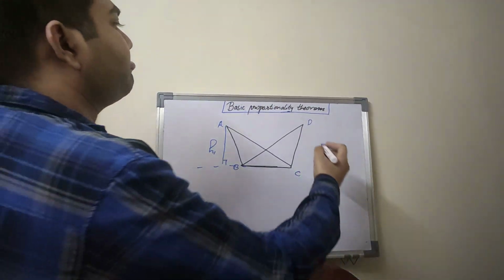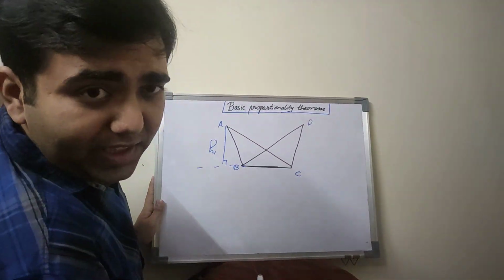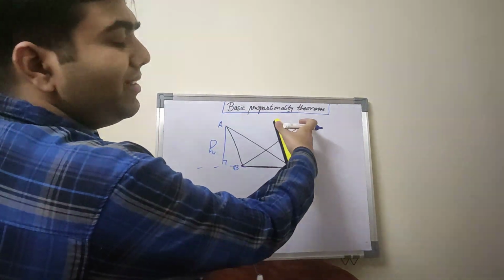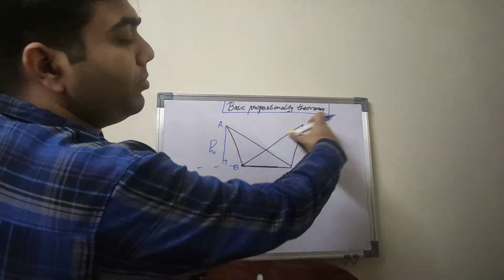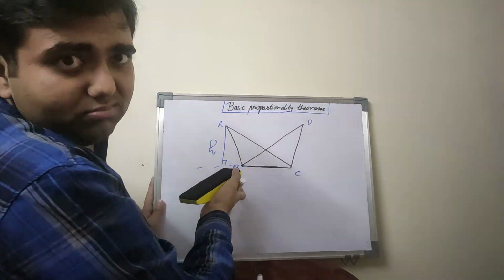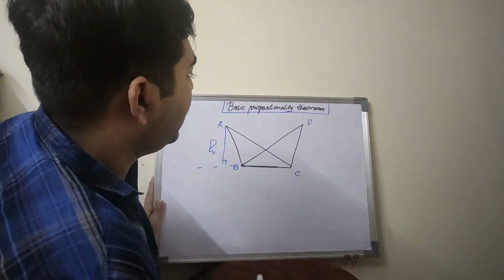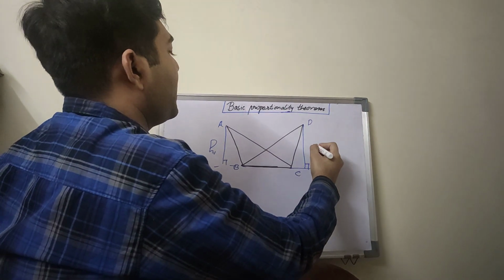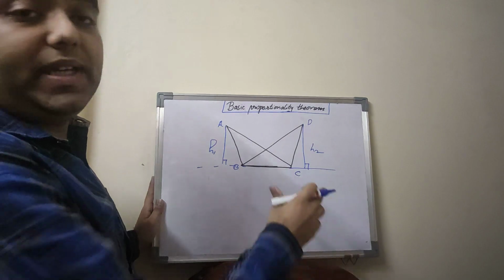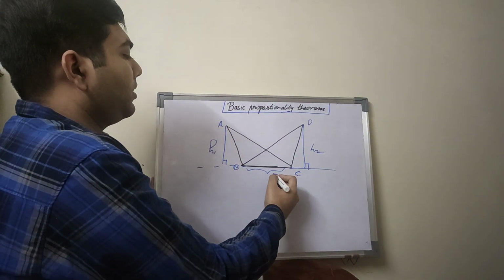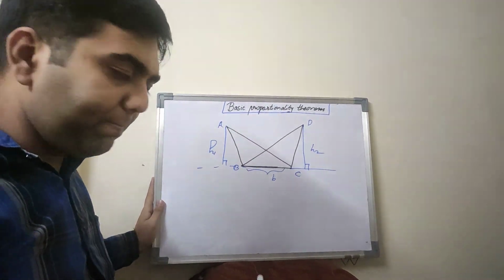H1. Let me tell you, in general, whenever we draw a triangle, it's not necessary that the third vertex is going to be on the same level. That point D can be up, the point A can be below also. So okay, so we will construct the, so you see, and the base, let's name the base. Since it's common to both triangles, I'll name it as B.